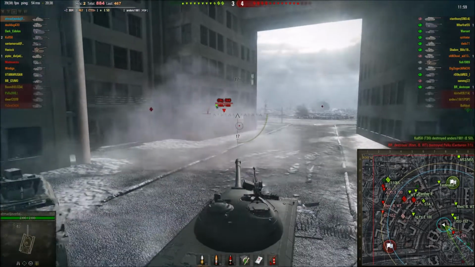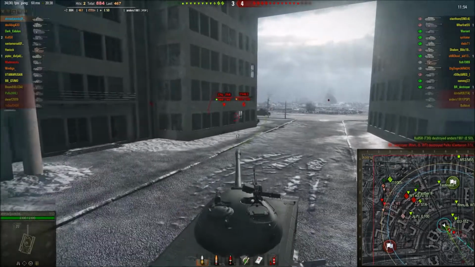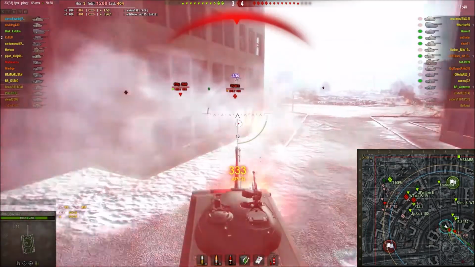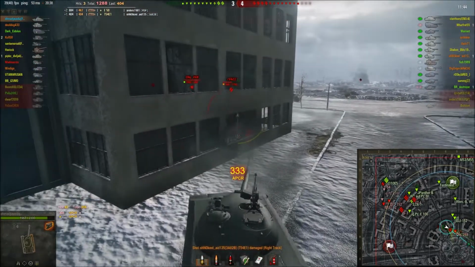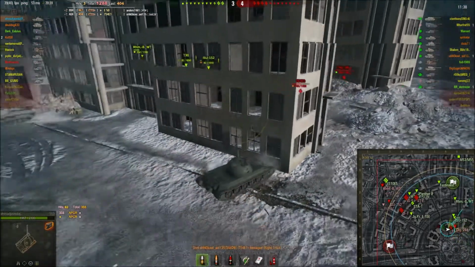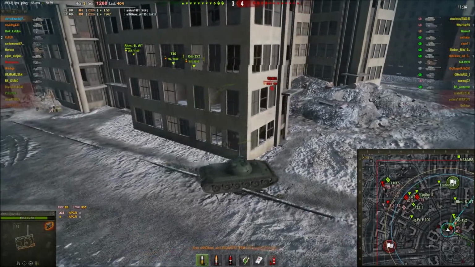So now I see there's an Object 268 in the distance. The T54E1 tries to put one shot into me, tries to put a second shot into me, and the third one is eaten by my tracks. I thought I would bounce him, but he was unfortunately firing APCR, which is kind of hard to bounce unless you're angled correctly. At first I decided to angle to pick him off, but